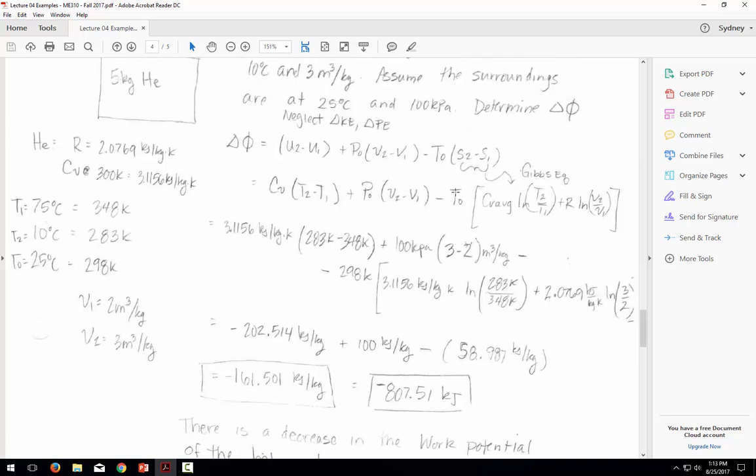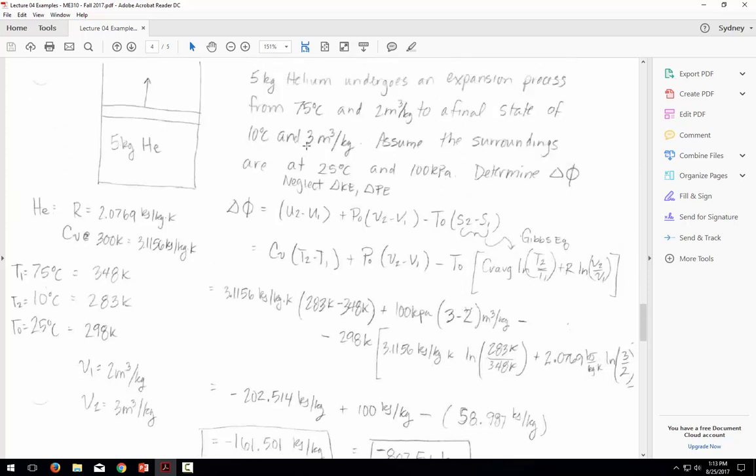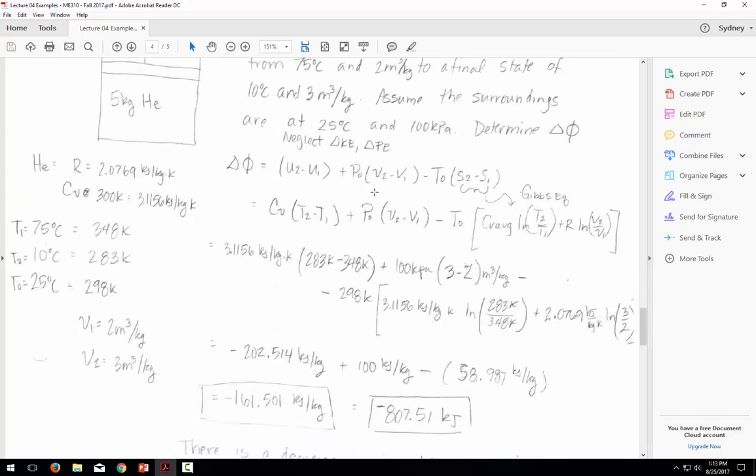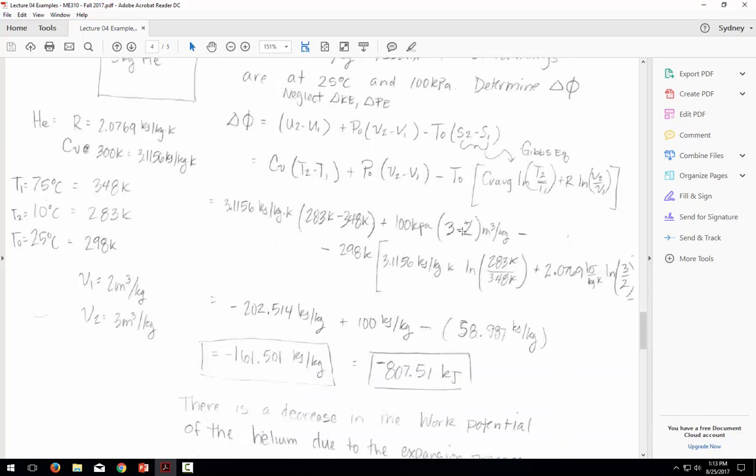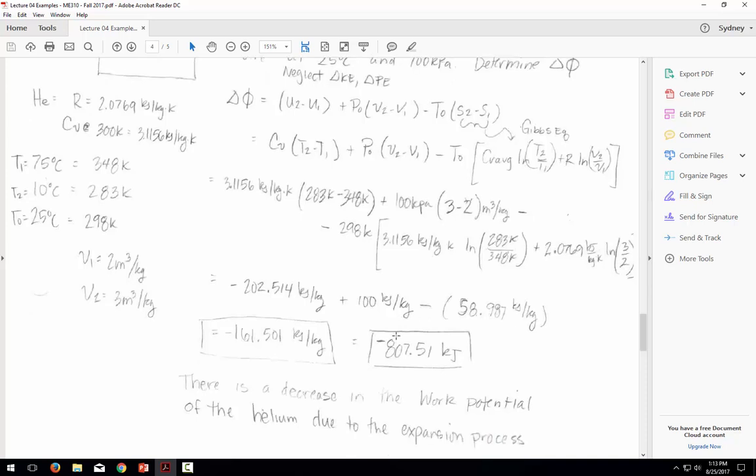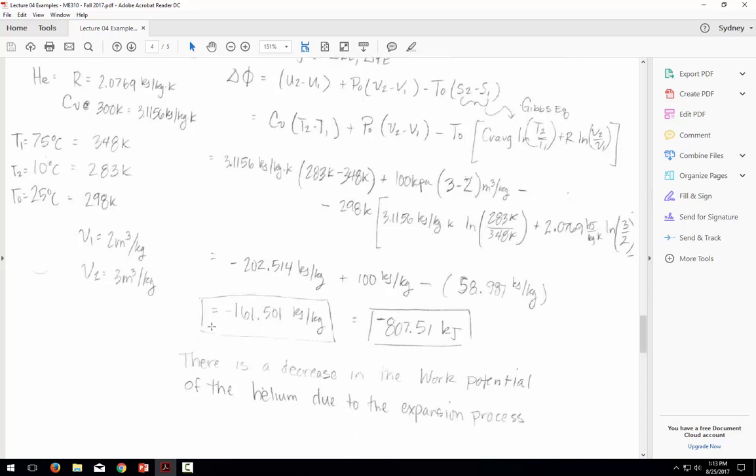Our change in volume goes from 2 meters cubed per kilogram to 3 meters cubed per kilogram, so V2 minus V1. And then we know our T naught is 298 Kelvin. So again, we put in C sub V, natural log of T2 over T1, and R, natural log of V2 over V1. So if we plug in the numbers for that, we find that our exergy is negative 161.501 kilojoules